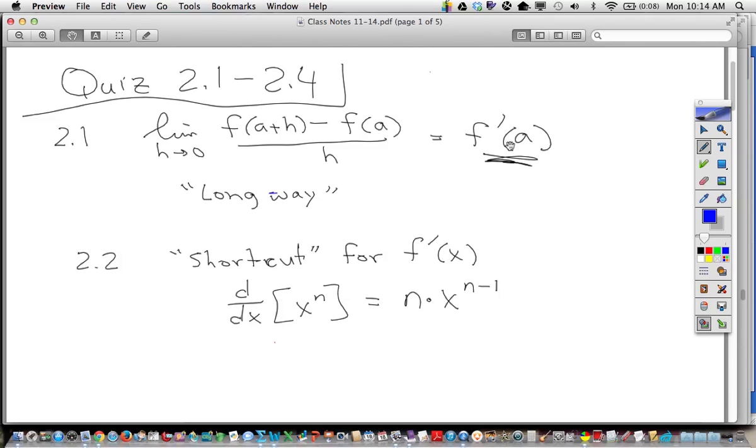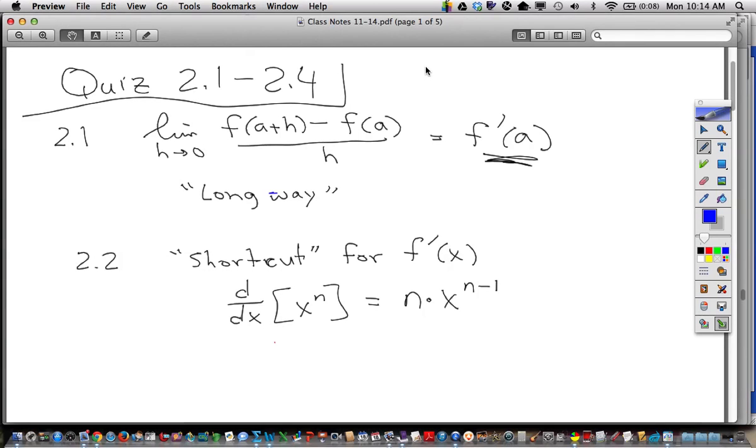Since we've been doing our calculator limits, though, we could actually do this same problem using your calculator. I could tell you to set up your limit. Here's a function, find f prime of 2, and then set up that function. For example, let's say we don't know the derivative of tangent, right? We haven't learned that one yet. Now, actually, an hour from now, we will know. But let's say I just gave you f of x equals tangent x, and I ask you to do f prime of 2,